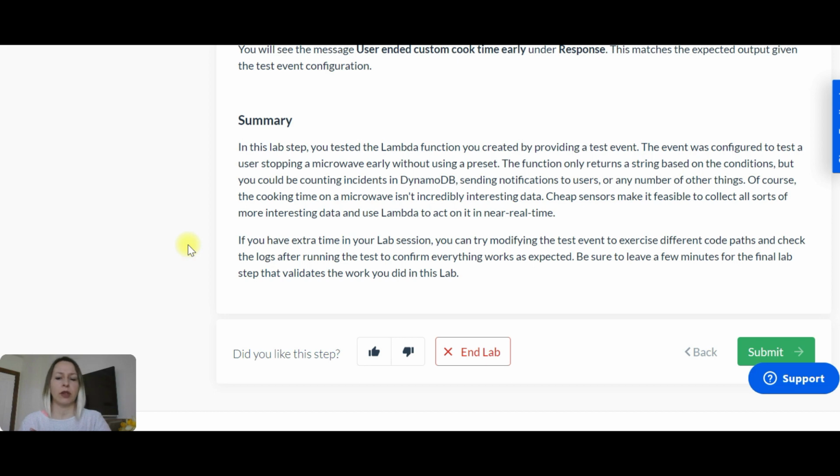The function only returns a string based on the conditions, but you could be putting an incident in DynamoDB, sending notifications to users, or any number of other things. Of course, the ticking time on a microwave isn't incredibly interesting data. Cheap sensors make it feasible to collect all sorts of more interesting data and use Lambda to act on it